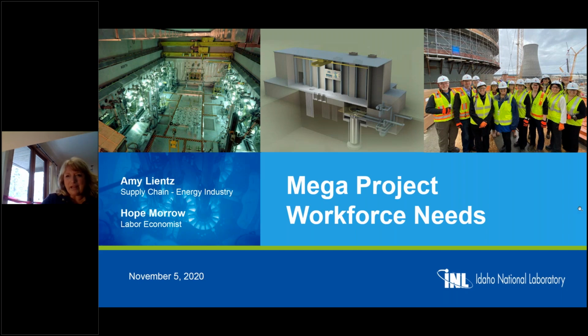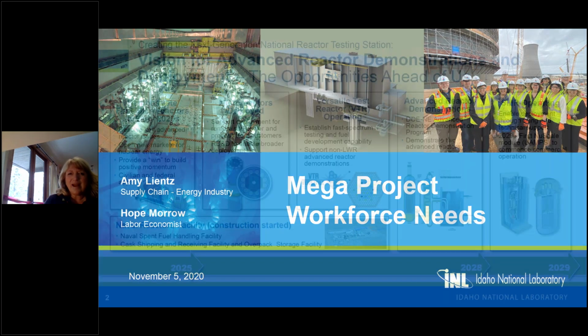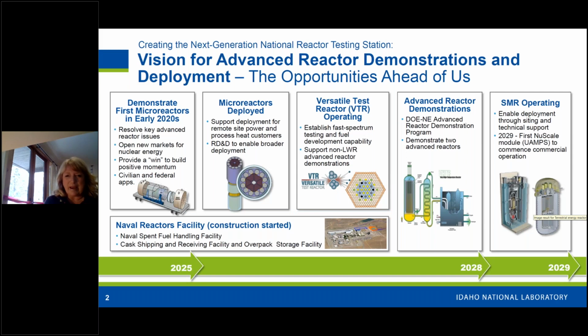So if you don't mind, if you can go to this next slide. I like to show this slide to put things in perspective of what's ahead of us. And granted, not every one of these projects on this slide will happen at Idaho National Laboratory. There's the potential that they will, and there's also the reality that we still need to provide a lot of infrastructure support to many of these projects, whether they're ours directly or whether they're the other contractors on the INL site. So on this timeline, you can see there's a lot of mega projects hitting us in the next 5